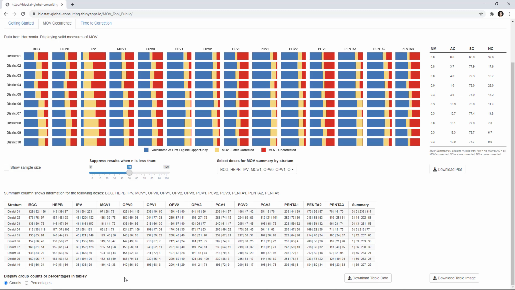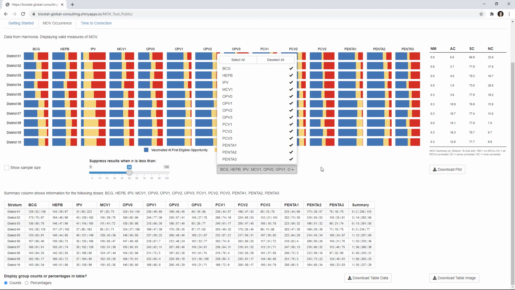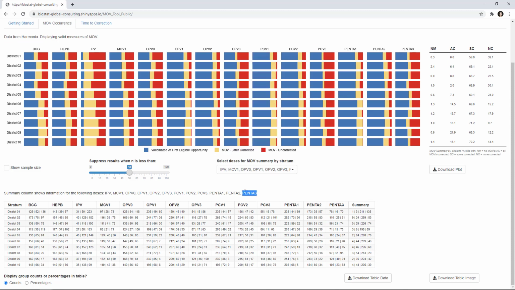in this stratum. The dose selector in the interface that changes the tabular output here also affects the summary column of the table. If I deselect a few doses in the dose selector, then the summary column of the table updates accordingly. And this note above the table keeps track of which doses are taken into account in the summary